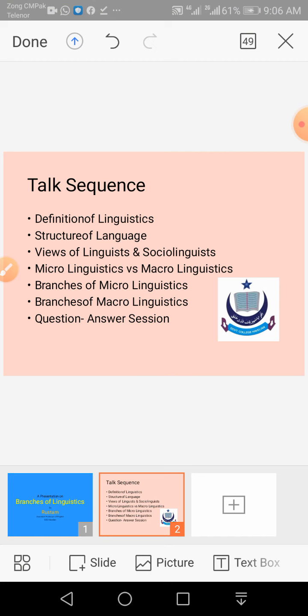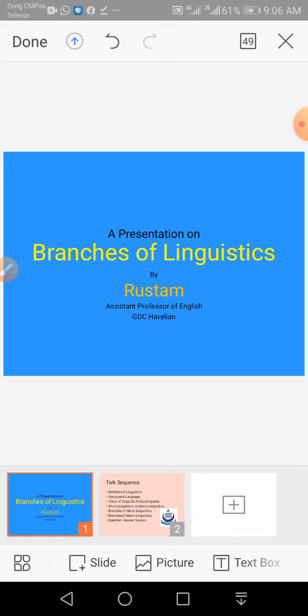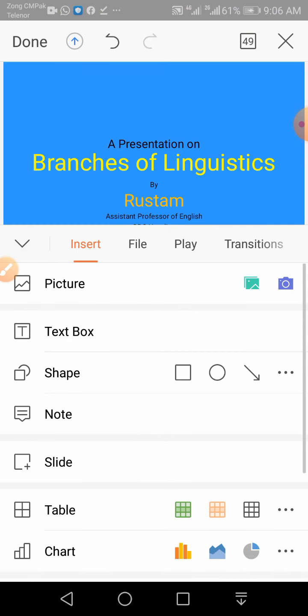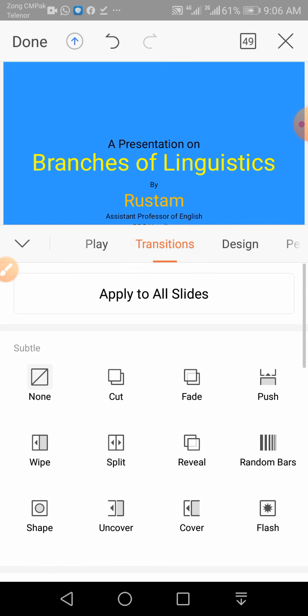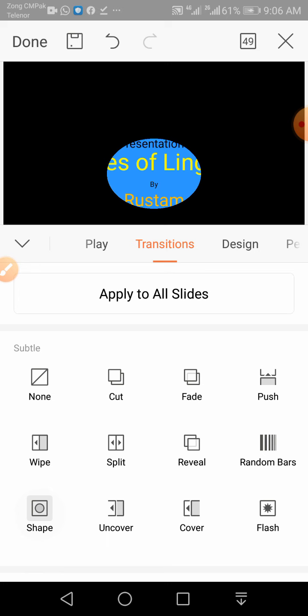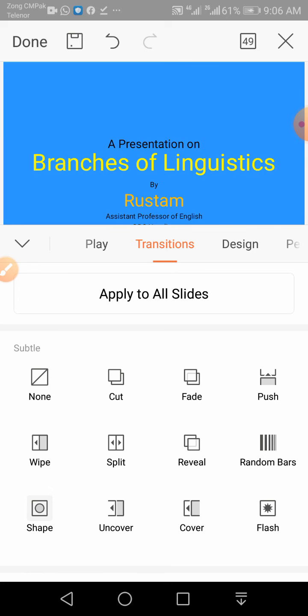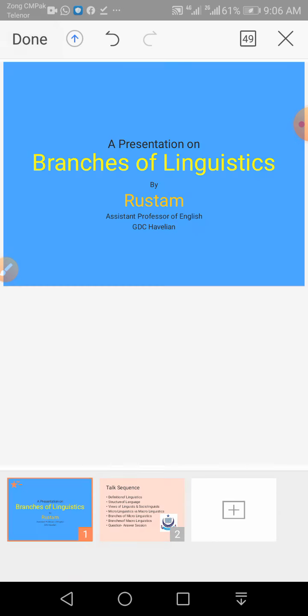So this is slide number 1, and I want to add, let's say, a transition. Here is a transition. Let's say we introduce shape. See, this has been introduced. Now click on save and click on done.